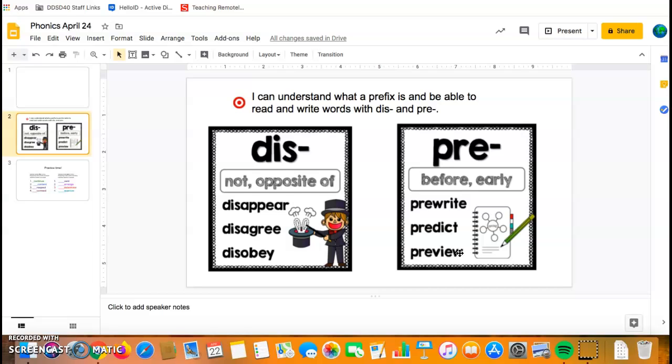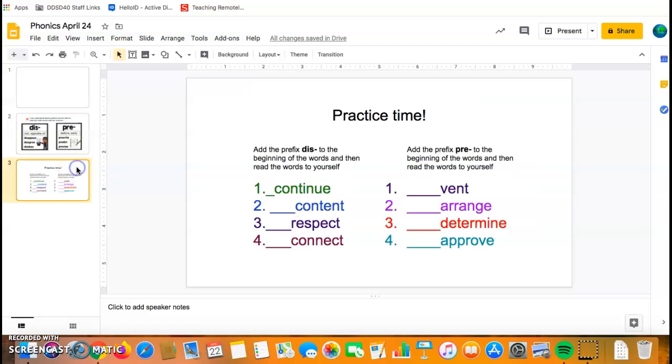On the practice time slide, you are adding the prefix dis to the beginnings of these 4 words, and you're adding the prefix pre to the beginnings of these 4 words. So let's read the base words, my turn, your turn. Continue,